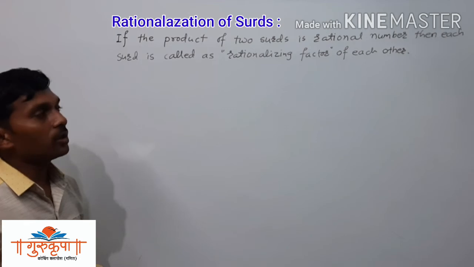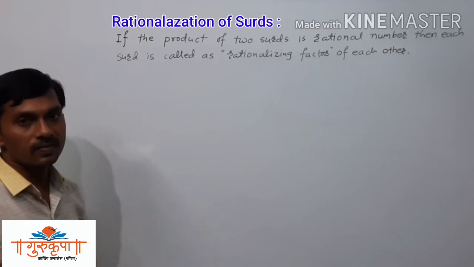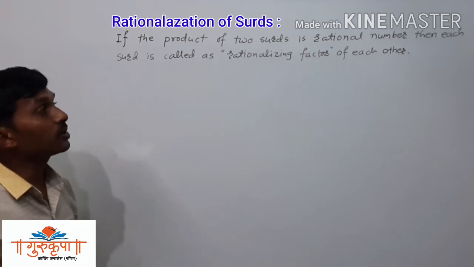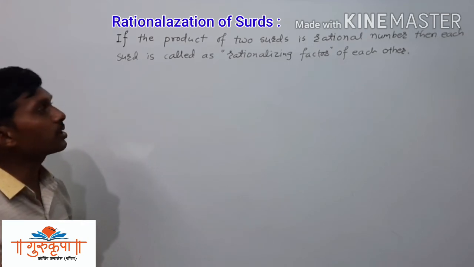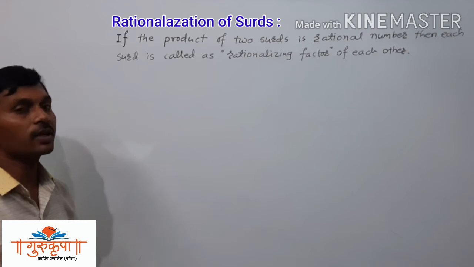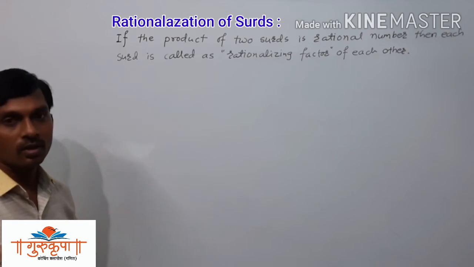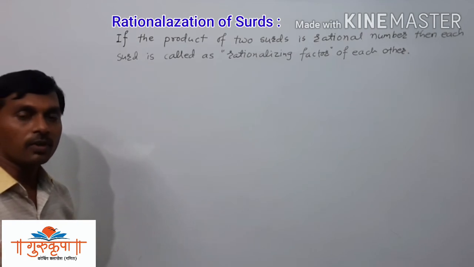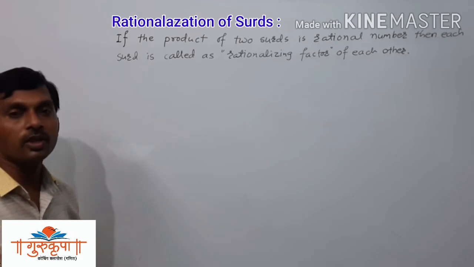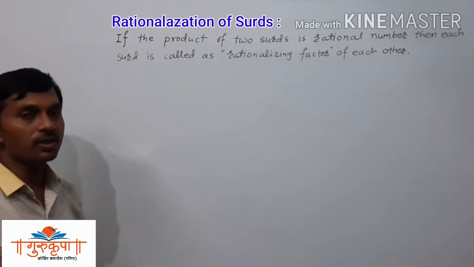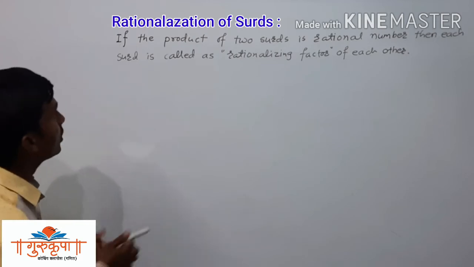If the product of two surds is a rational number, then each surd is called a rationalizing factor of the other. If the product of any two surds is a rational number, then both the surds are called rationalizing factors of each other. For example,